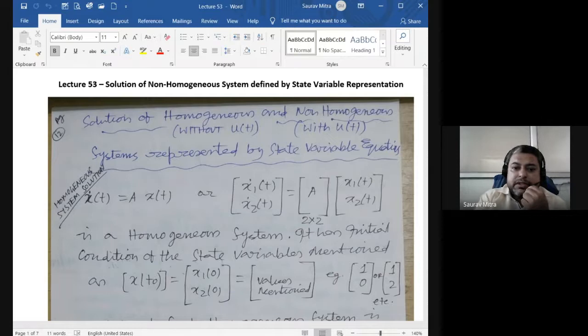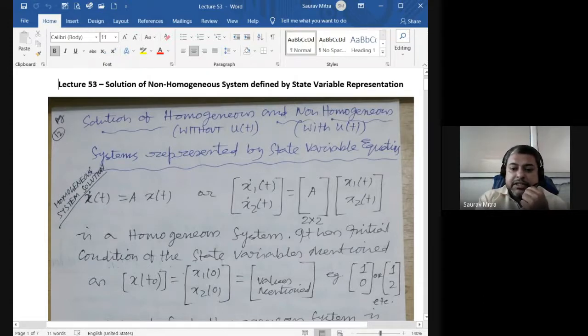So this is any system where there is no external input, depending only on the initial condition. Whenever I am saying it's a homogeneous system, whatever response you get, whatever x1t and x2t you get from this equation, x dot t is equal to axt, where A is a 2 by 2 matrix, that will be your transient response. And whenever I am giving plus bu, that is called a forced response. So we will be finding both.